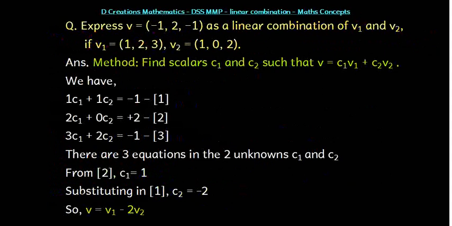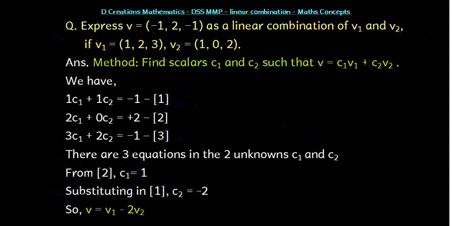V1 is given as (1, 2, 3) and V2 is given as (1, 0, 2). In other words, you can say V1 is x plus 2y plus 3z, or in terms of ijk, V1 is i plus 2j plus 3k. Whichever way, we are interested in the numerical values here. So how do we go about it? We can recall our equation v is equal to c1v1 plus c2v2. Here we already know v, v1 and v2. That means what we need to determine are the scalars c1 and c2.